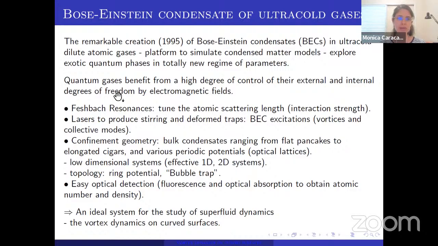Here are some examples of these techniques. With uniform magnetic fields you can tune the atomic interaction. You can also use laser beams to stir the sample and to produce deformations in the traps, which can produce vortices and collective modes. You can change the confinement of the system, and the condensate can go from a concave trap to a cigar shape. You can also produce toroidal potentials. And with this control of the trap, you can change